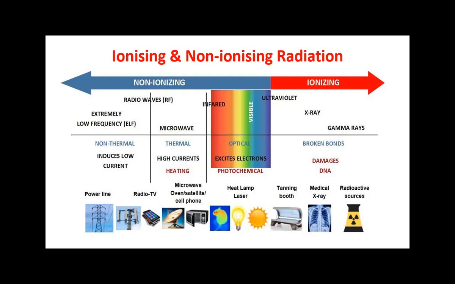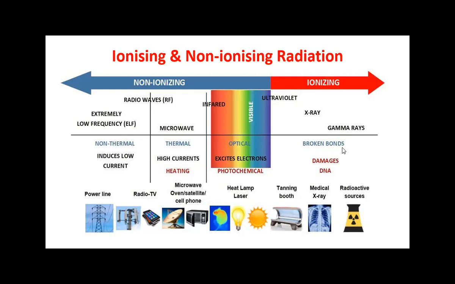Some workers are exposed to radioactive substances, especially in research areas related to nuclear weapons. We also use nuclear substances in physics laboratories or in the power sector, where power generation is done with nuclear substances. So in that area also we may be exposed to radiation. These are the different examples.